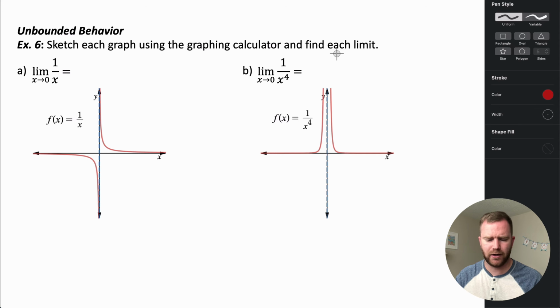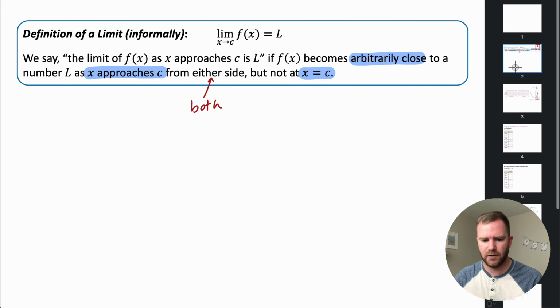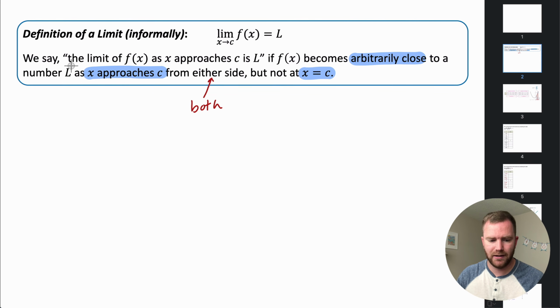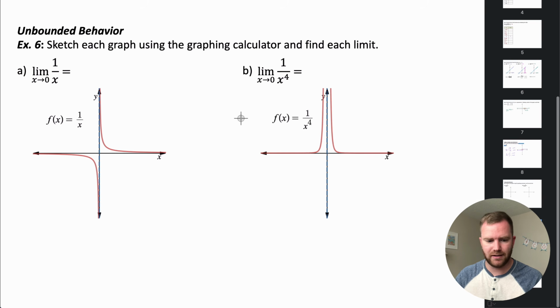Now, one thing that I want to bring our attention to is if we go back to the definition of a limit, this is our informal definition, we say the limit of f of x as x approaches c is L if f of x becomes arbitrarily close to some number L. Now, the thing about this number L, the limit, it actually has to be a finite value. So if it's an infinite value, then technically that limit does not exist. So if we come and take a look at this,